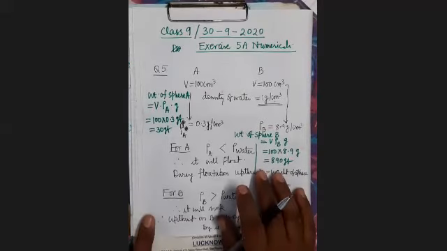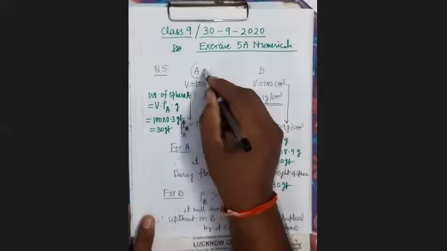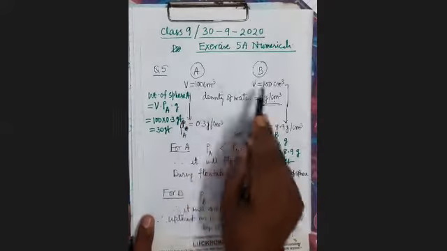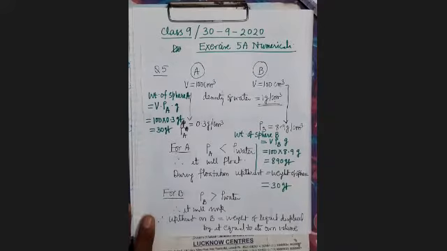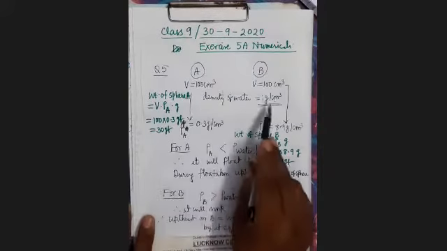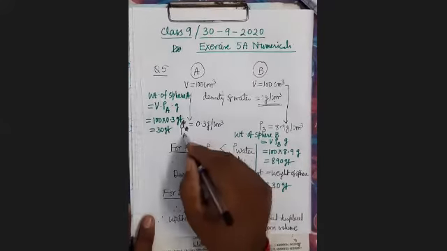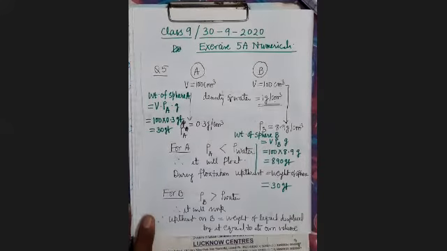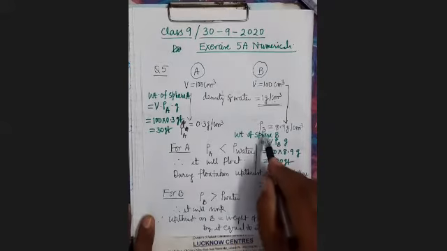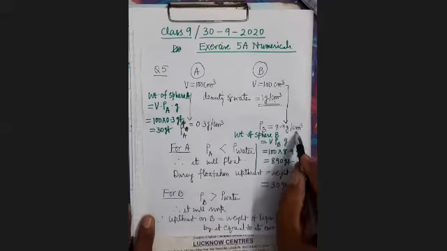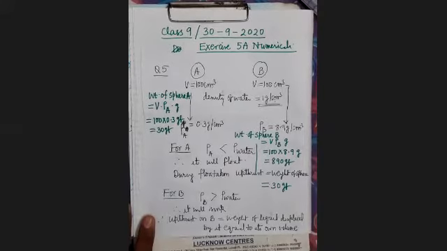Here two spheres A and B, each of volume 100 centimeter cube, are placed. This is the sphere A and this is the sphere B. Their volumes are 100. Placed on water. Water is having what density? 1 gram per centimeter cube. The sphere A is made of wood of density 0.3 gram per centimeter cube. Means what is the density of sphere A? 0.3 gram per centimeter cube. What is of B? Density of sphere B is given 8.9 gram per centimeter cube. You have to find the weight of each sphere.